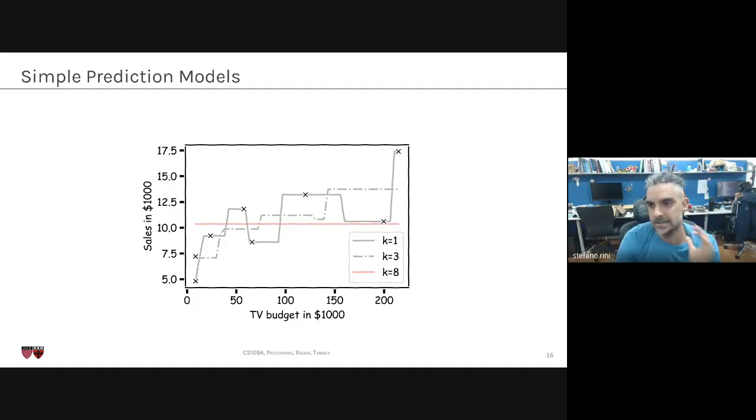But since the data set has 8 entries, the full data set is always the neighbor of my points. So I always take the average of the same 8 points, and the average of the same 8 points gives you a constant. So this is the picture you should imagine: k from 1 to the cardinality of your data set. For k equal to 1, you have this very jumpy behavior. As k increases, the prediction gets smoother, and then you get to the prediction being a constant, which is just the average of the data set.